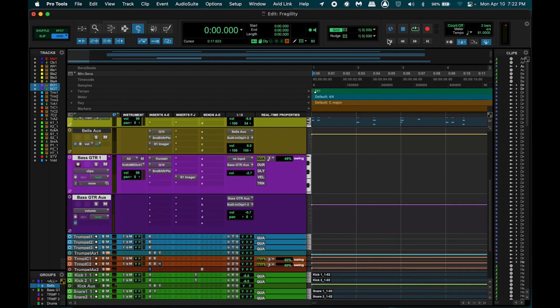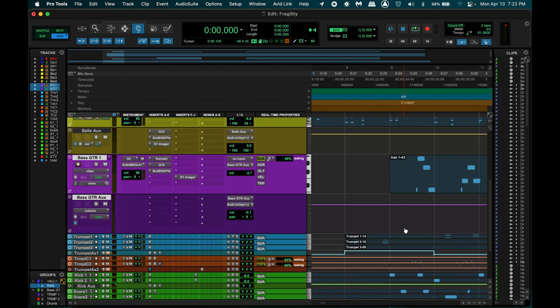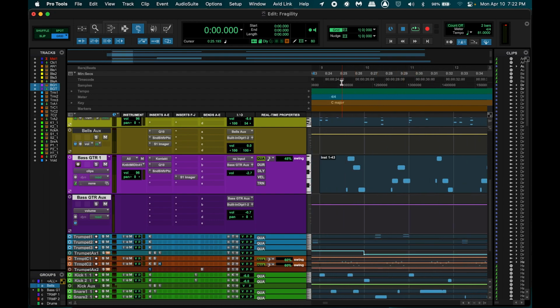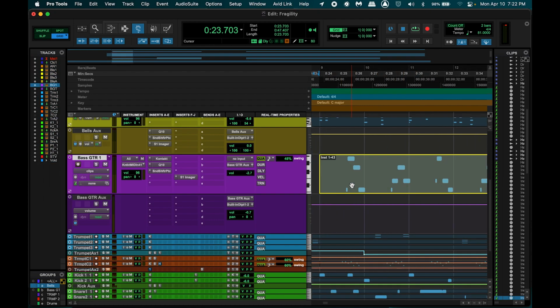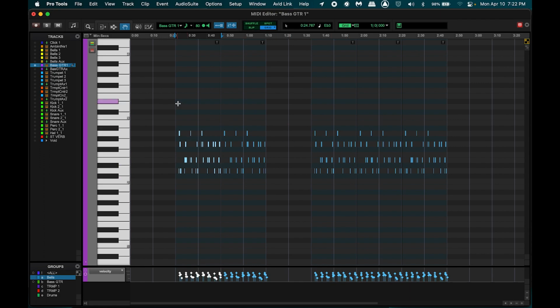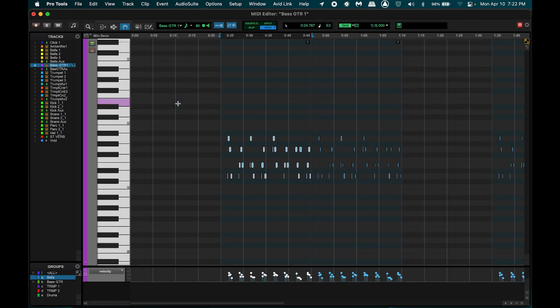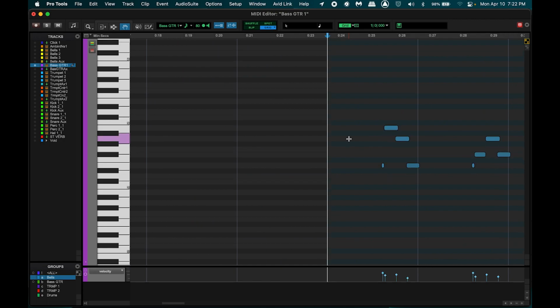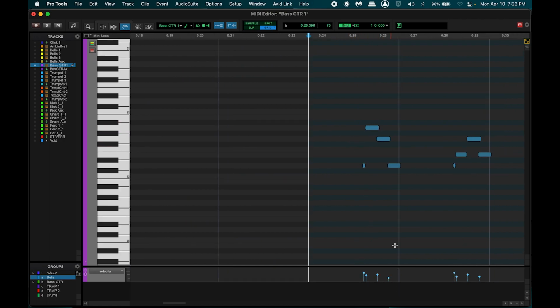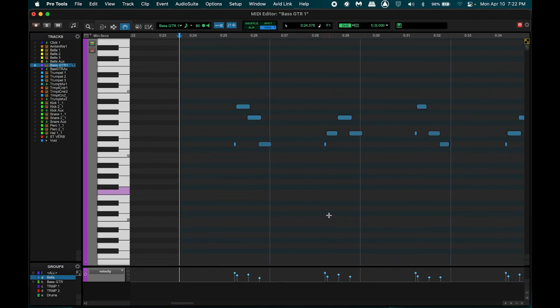Cool. So the bass guitar is a really cool part of this track. I loved how it all kind of fit together. And something I really love to do, I'm going to zoom in on my MIDI here, and I love these little velocity controllers. They're super critical if you want to create a human and real sounding instrument. And I think with Native Instruments especially, you can create very real instruments.